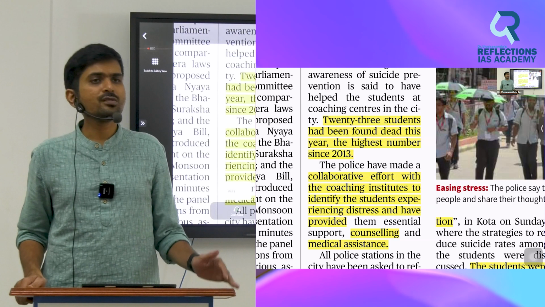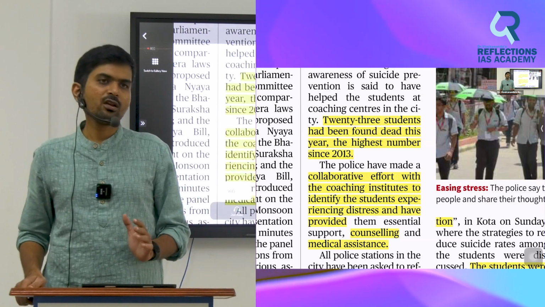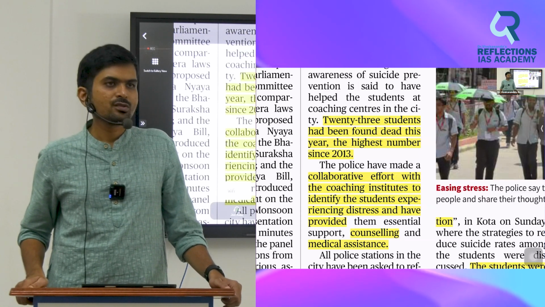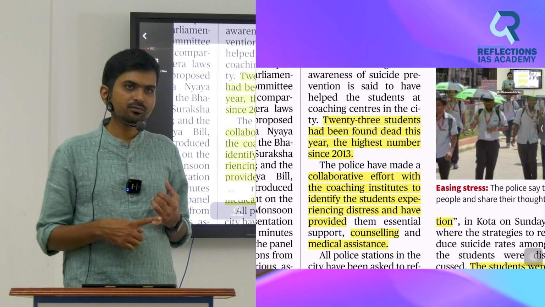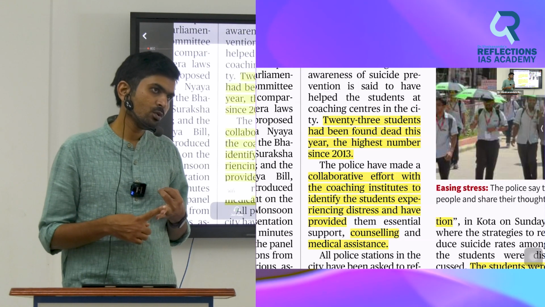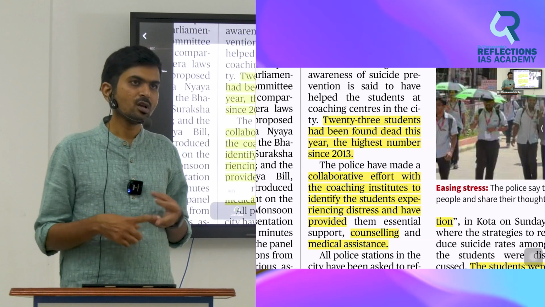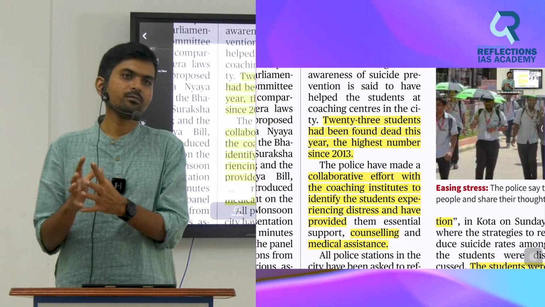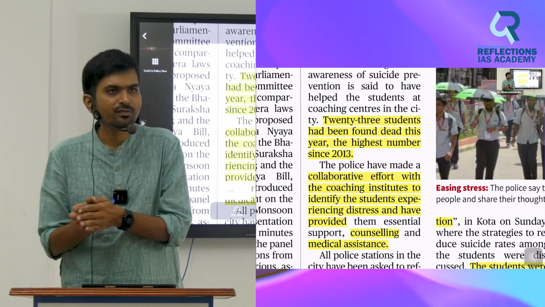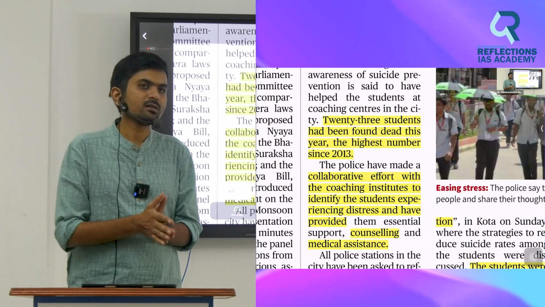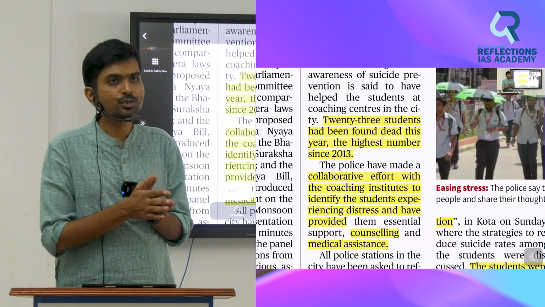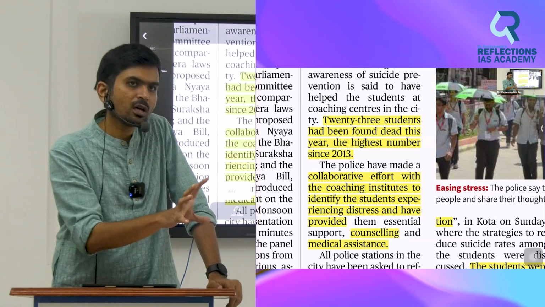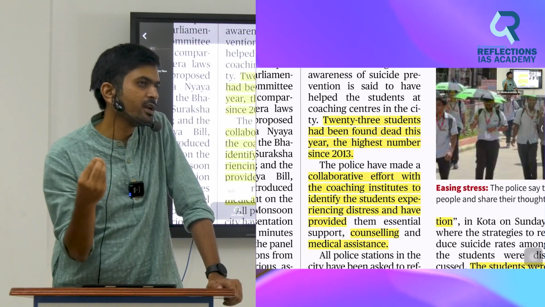And even more unfortunate is this is not the first year. From the last decade onwards, we know that in Kota a lot of suicides have happened. The thing is, students take excessive pressure, and they don't have anybody to talk to. Parents have excessive expectations. All these things pressurize the students into taking their life rather than losing some exam. Which is more important, marks or life? Life is much bigger than the marks. But unfortunately for those 23 students, the society has failed to convince them that marks are just marks. Somebody put excessive pressure on them, or they took excessive pressure and we couldn't lift it, but they committed suicide.